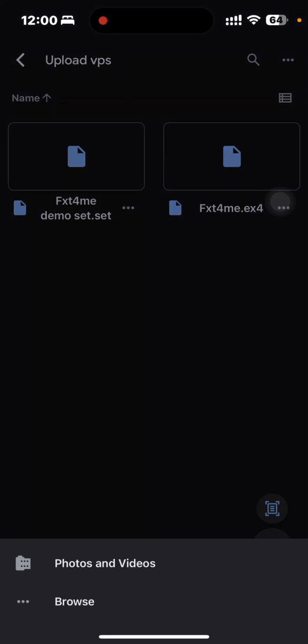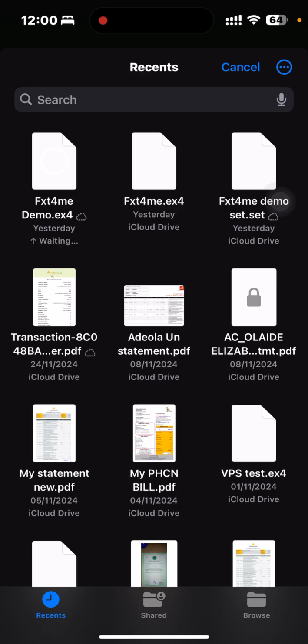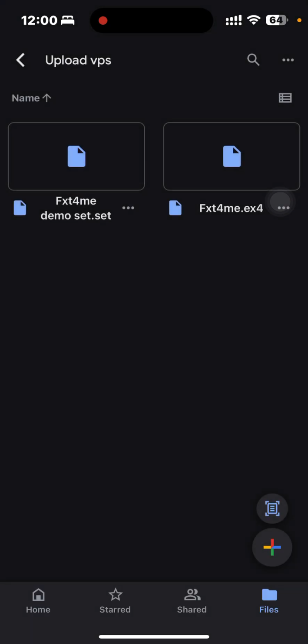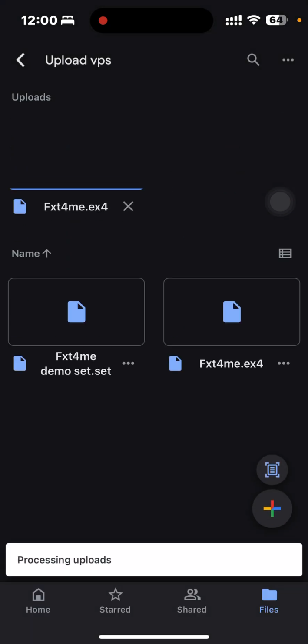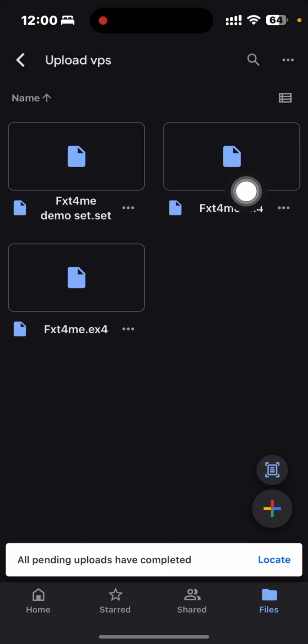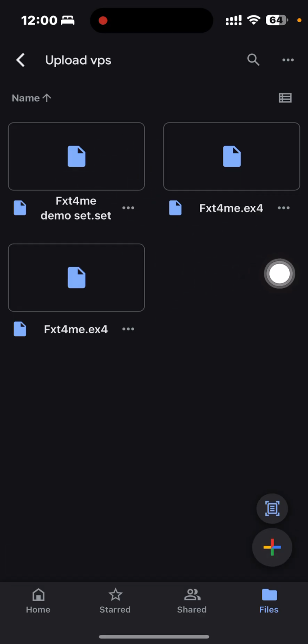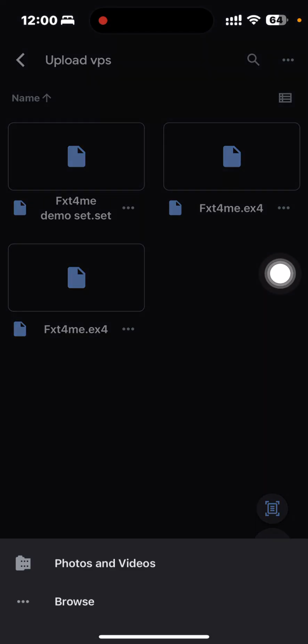I'm on my Google Drive. Then you click on browse. I want to upload the file. So I've uploaded the file that I actually want to move. This is FSA for me. This is demo set. Sorry. Let me